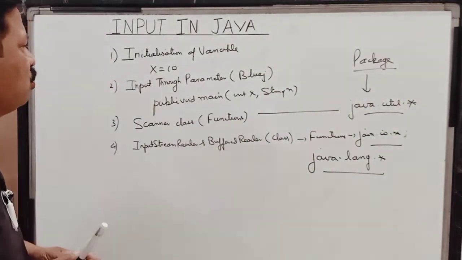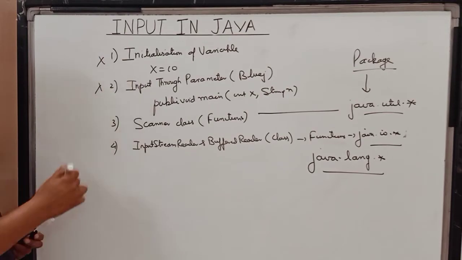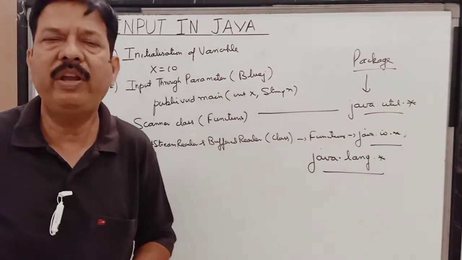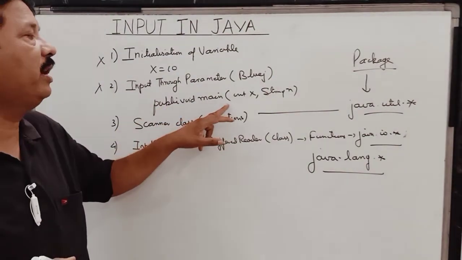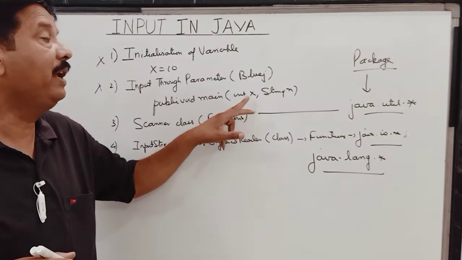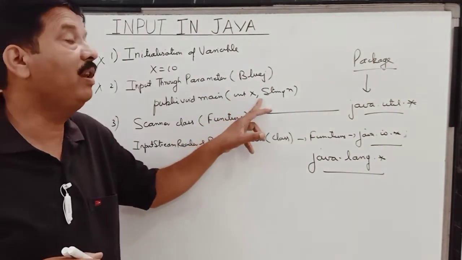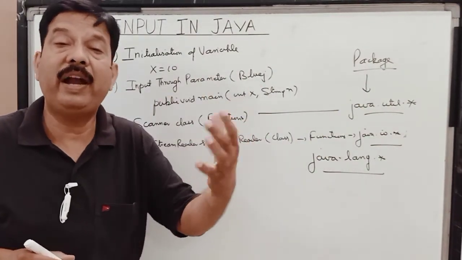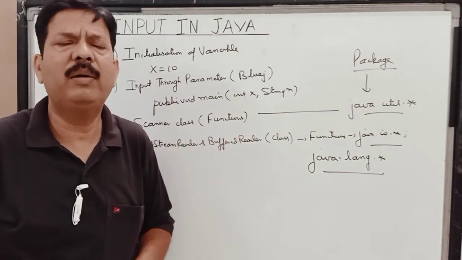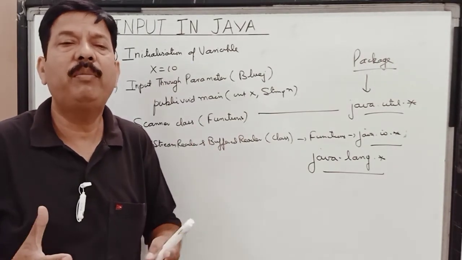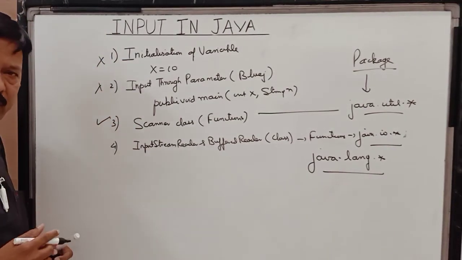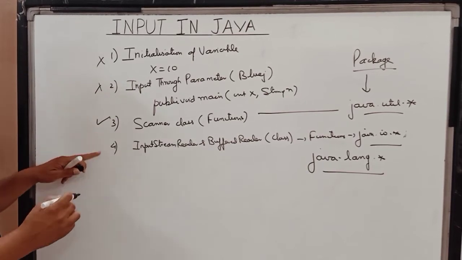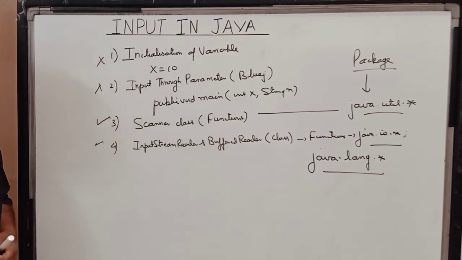But children, these 2 methods fail when the number of inputs is large in a program. Say for example, if we want to enter 100 numbers, then in this method we would have to write int x, int y, int z, and in this way we will have to enter 100 variables, so 100 inputs are to be done. So that program becomes almost impossible to do when the number of inputs is so many. So in that case, we do the inputs in the Java program by the Scanner class functions and by the input stream. So children, I hope this part of the session is clear to you.